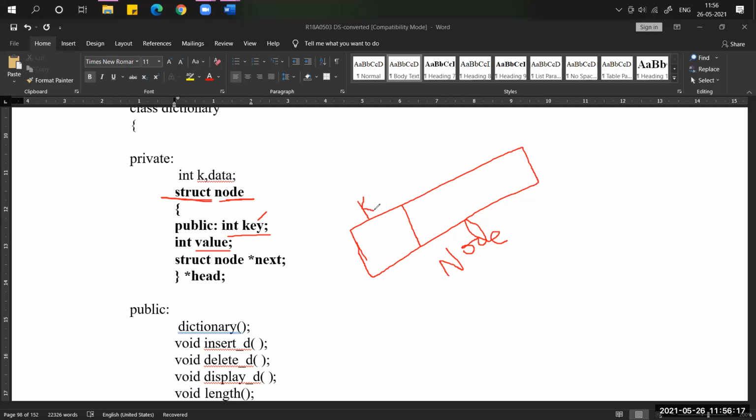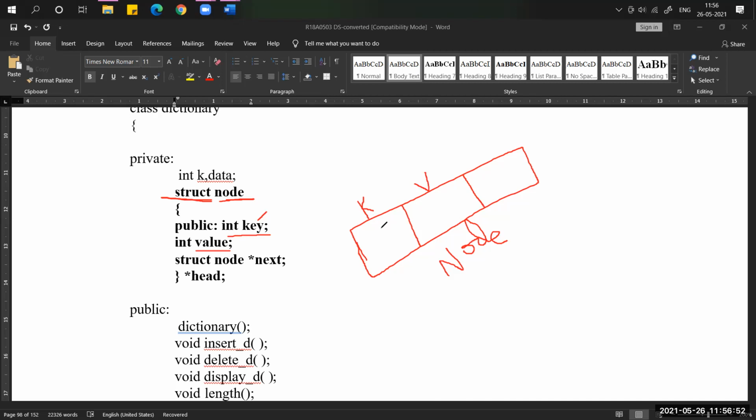If you take a single linked list, how many fields does the node contain? Two fields: the data field and the link field. What does the link field contain? The next node address. What does the data field contain? The value, either integer, float, or character. In the same way, here in the value field we are going to store the data.